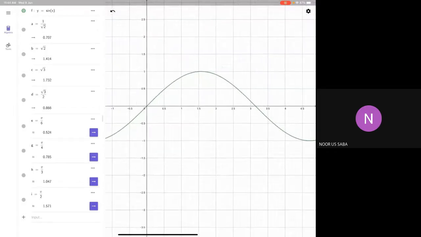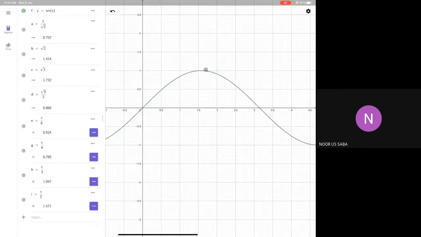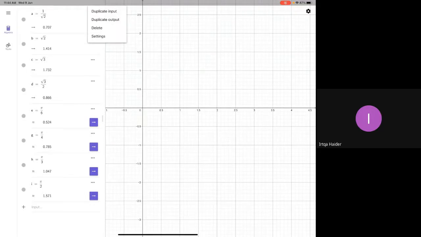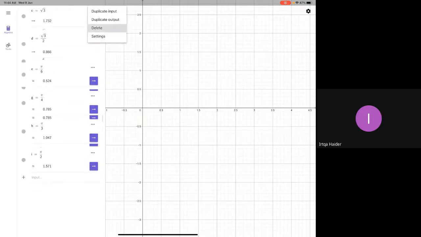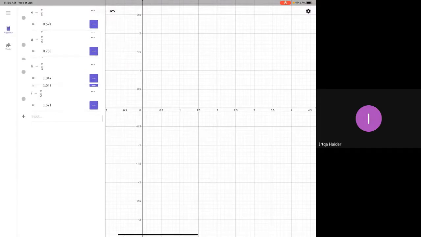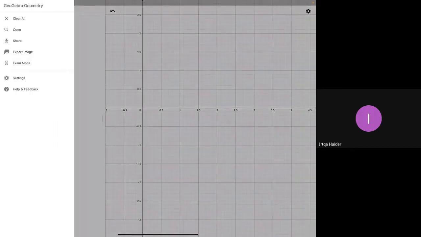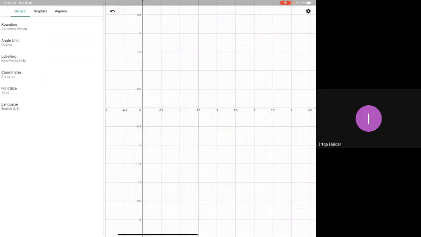In the second quadrant, again the value will keep on decreasing and at 180 degrees it will be 0. You are getting my point. Let me clear all this. You have to be familiar with these values first, the values of angles in radians. Suppose the setting is done in degrees, you will get different values.